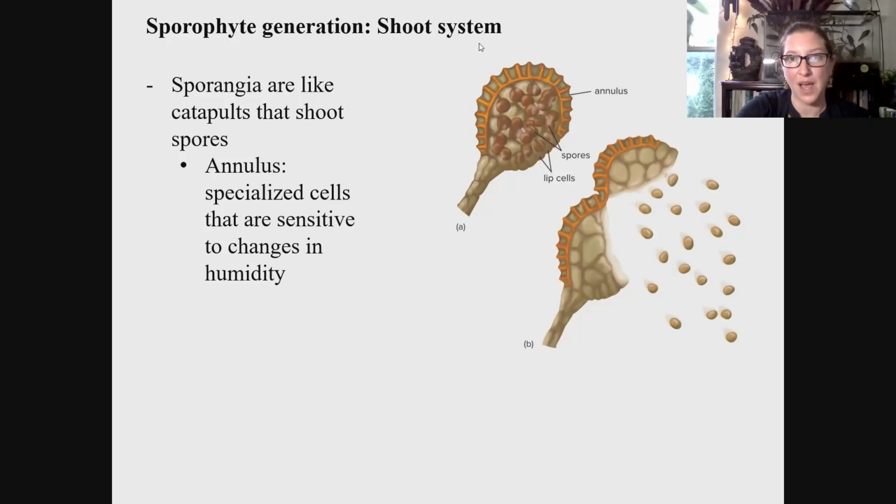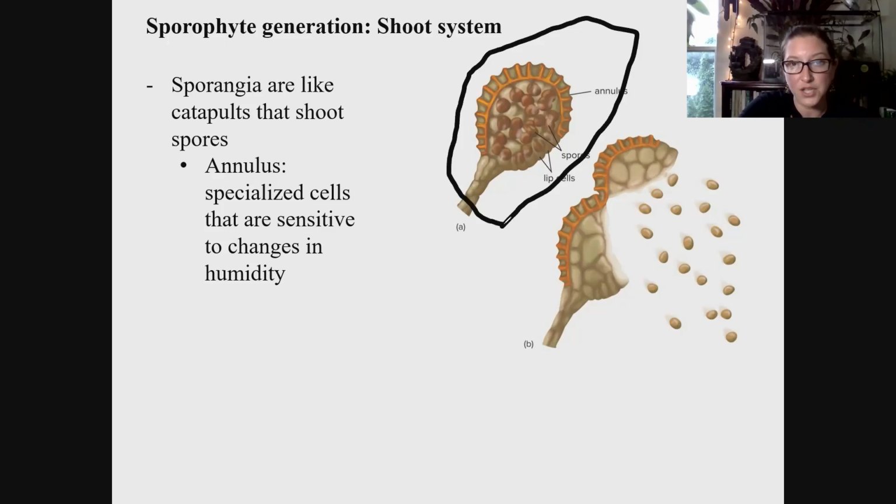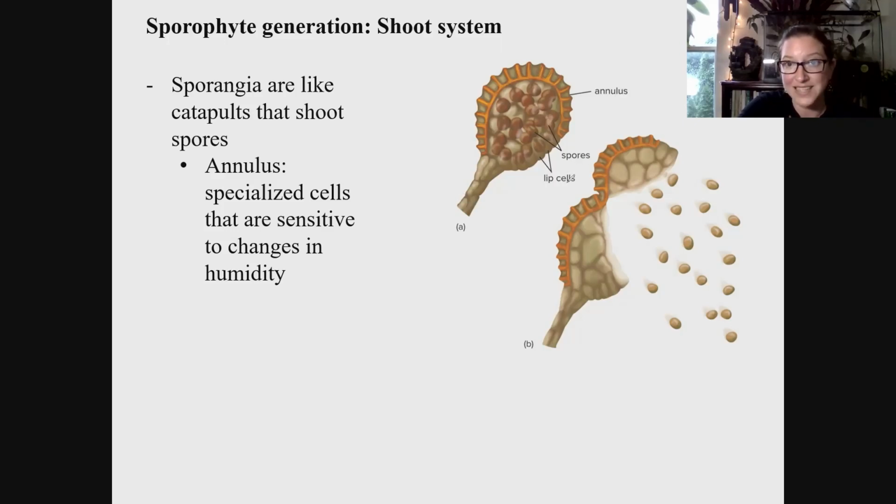And the reason it can do that is because of this special structure of cells. It's called an annulus. So I'll use black. So you see here, this is one sporangia. There's spores inside, and it has special cells that make up the structure called an annulus. And what happens is when the humidity changes, the cells of the annulus are actually sensitive to those changes in humidity,